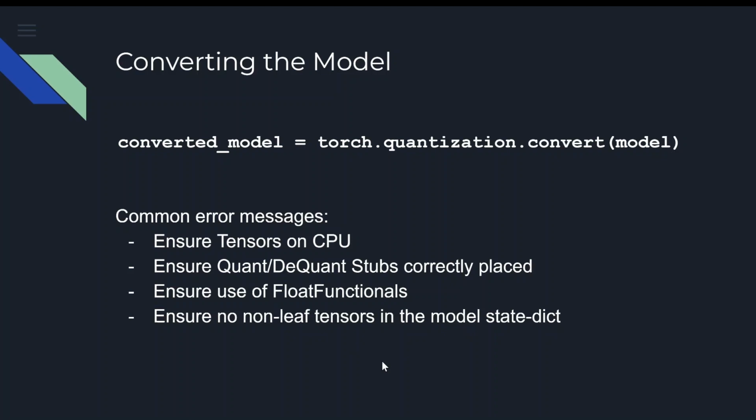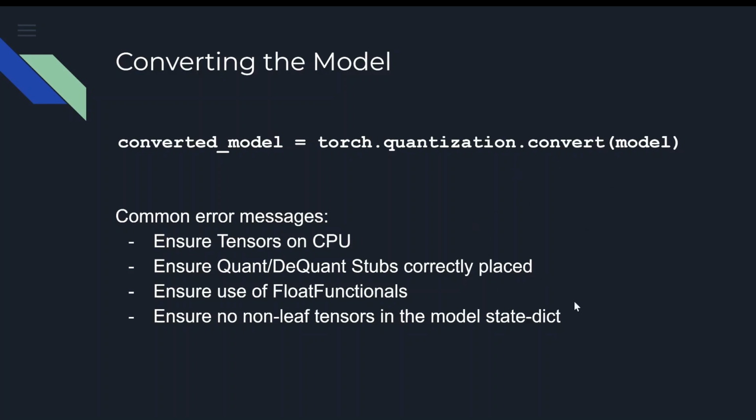And then there's this one, no non-leaf tensors in the model state dict, that will actually show up even before you feed data through the model. That'll happen when you're doing this quantization, or when you're doing this conversion call. Because if there are non-leaf tensors in the model, this happens sometimes depending on how you've set up your model. If you use your state dict to transfer some particular training loss, or some tensor is getting temporarily stored in the state dict and it hasn't been cleared by the time you try to do this conversion,